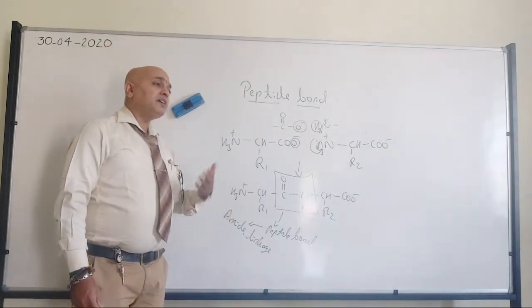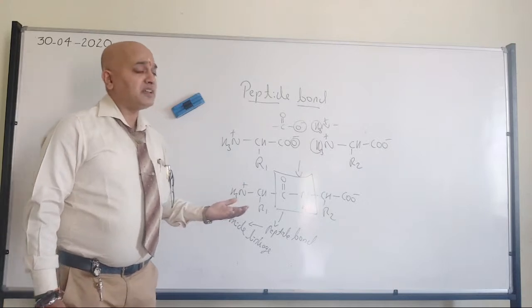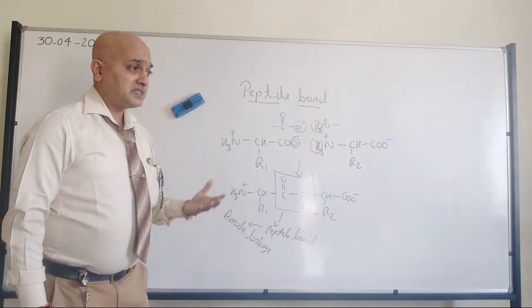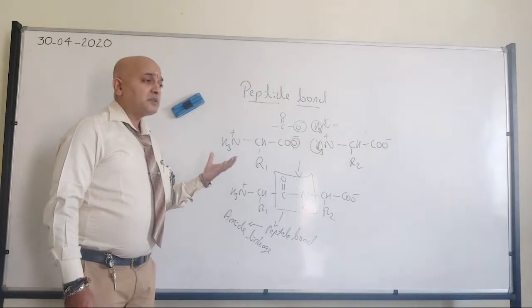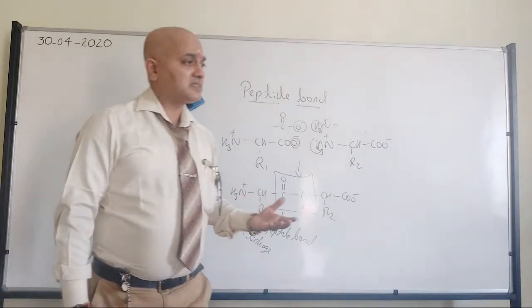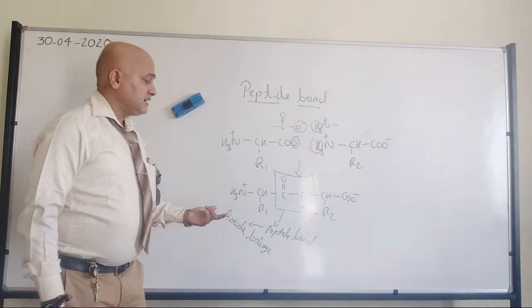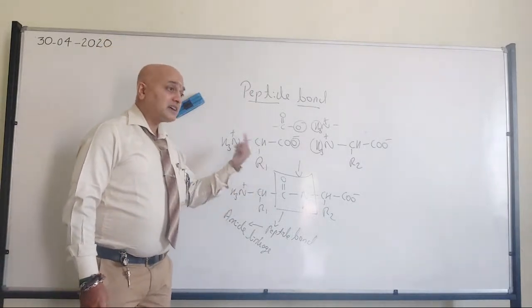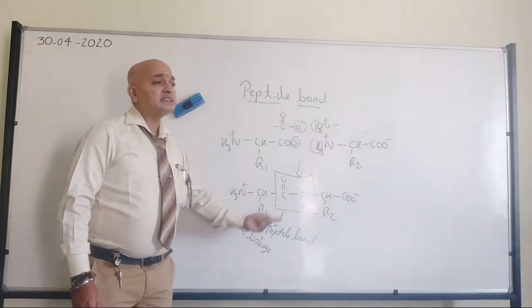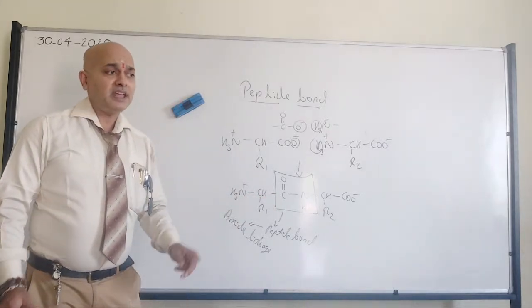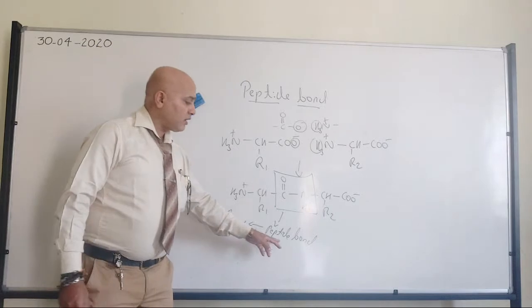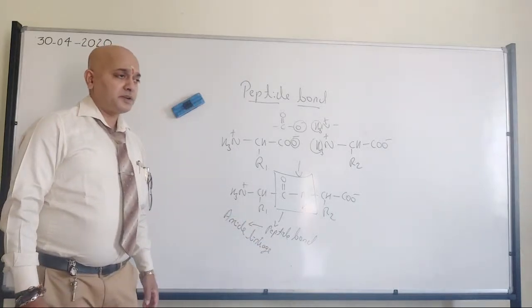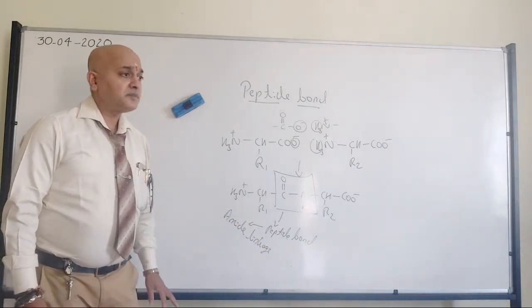But wherever we have ether, we cannot call that one as a glycosidic bond. So it is applicable only when it is present between the sugars. Yes, you are also right. So that's where we have the ether linkage. So that is glycosidic bond. Here it is amide bond which is present between two amino acids. Then it will be called as peptide bond. All of you have understood?